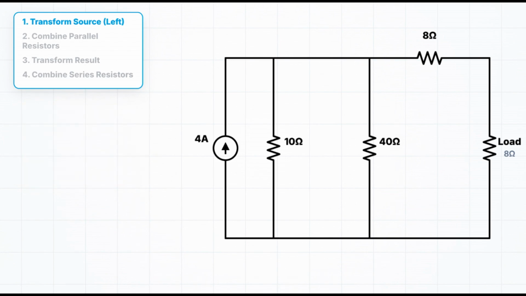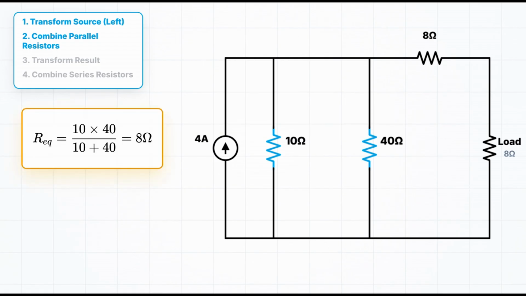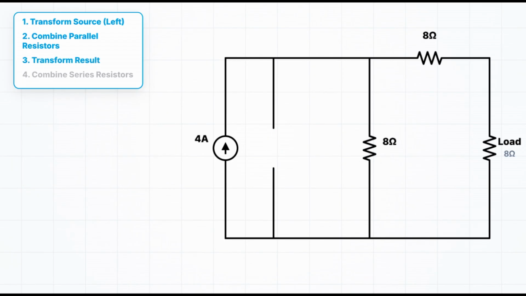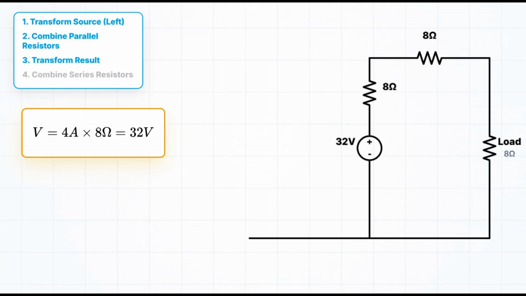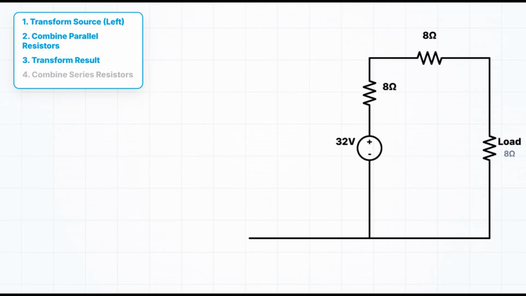Stage 2. Look what happened. That 10-ohm resistor is now in parallel with the next vertical resistor. Let's say it is 40 ohms. Combine them. 10 in parallel with 40 is 8 ohms. Now our circuit is simpler, but we have a current source and a resistor in parallel. Stage 3. Transform back to a voltage source. 4 amps times 8 ohms is 32 volts. So now we have a 32-volt source in series with an 8-ohm resistor. And look, it is now in series with the next horizontal resistor. We repeat this process. Transform, combine,